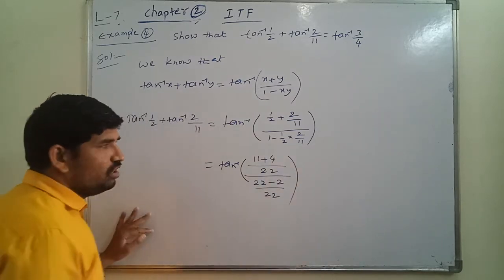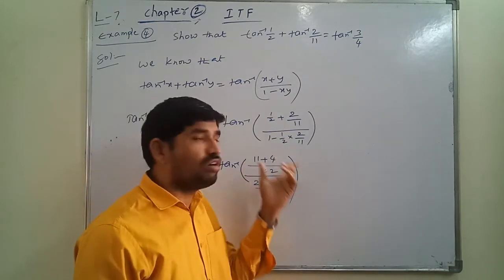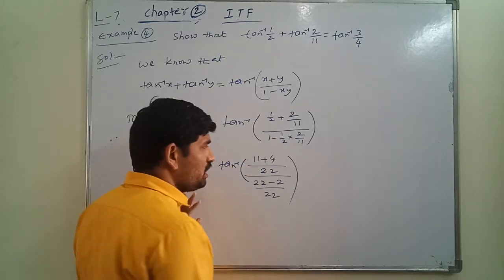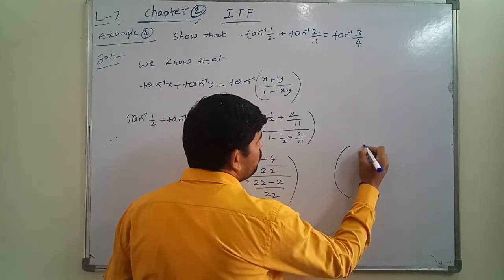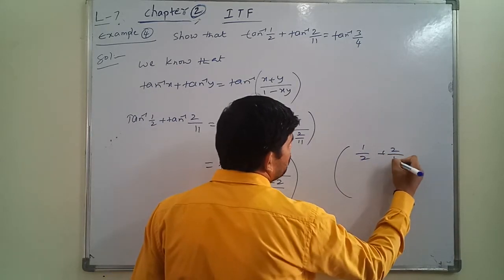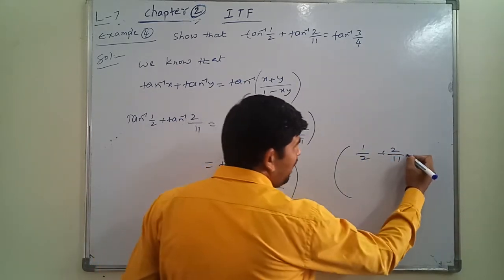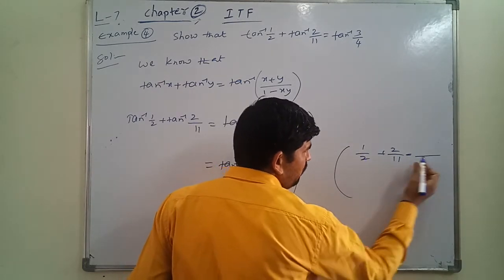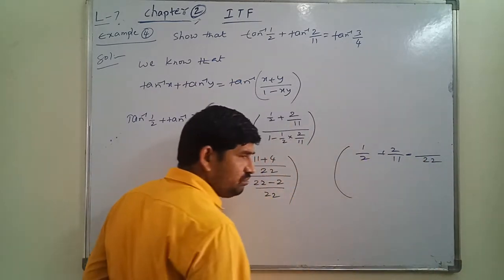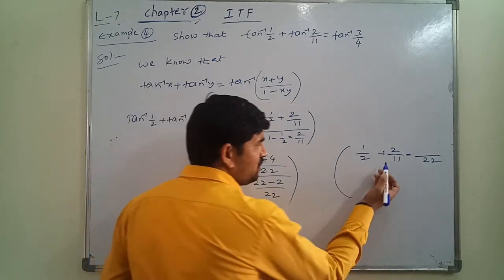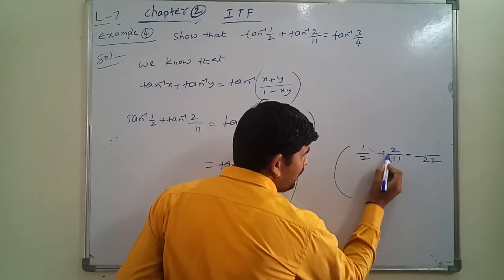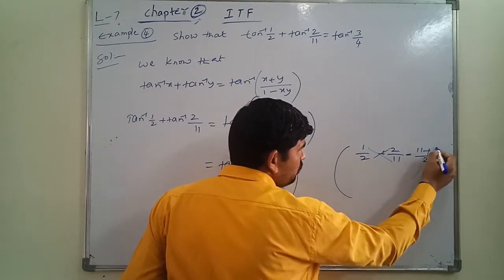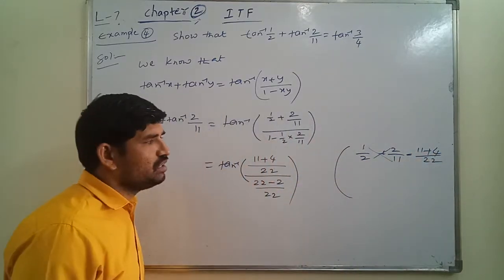Yes or no? Some students will get a small confusion here. So how are you writing from this step? I will explain. See here. What I am going to say is 1 by 2 plus 2 by 11 is there. For this, this is the rough work, I will write 2 into 11 is 22. Next, after writing this, just make the cross multiplication. 1 into 11 is 11 plus 2 into 2 is 4. That's all. You have completed the numerator.